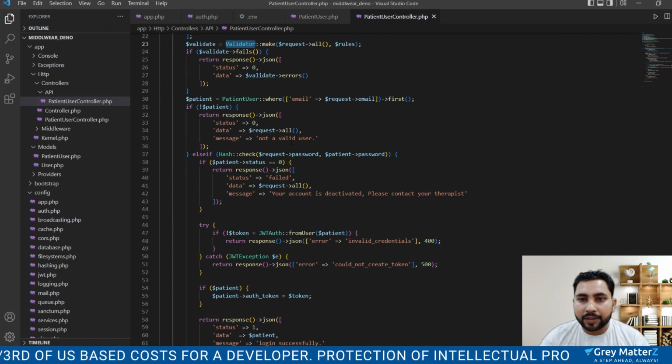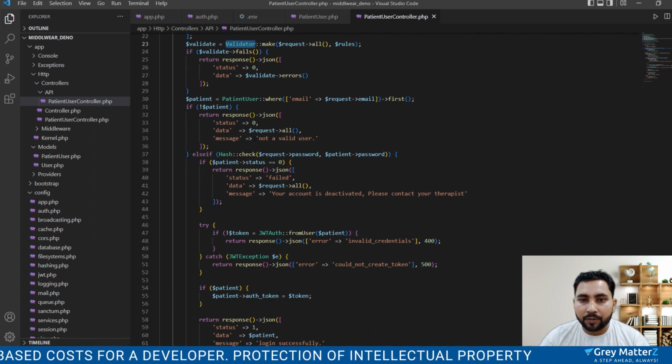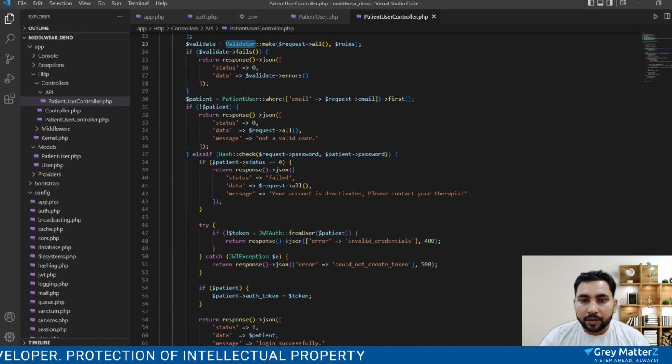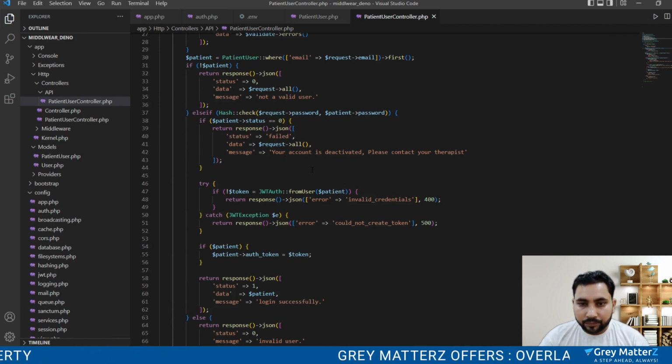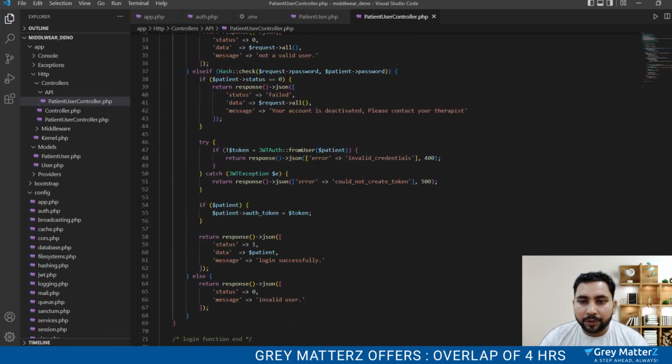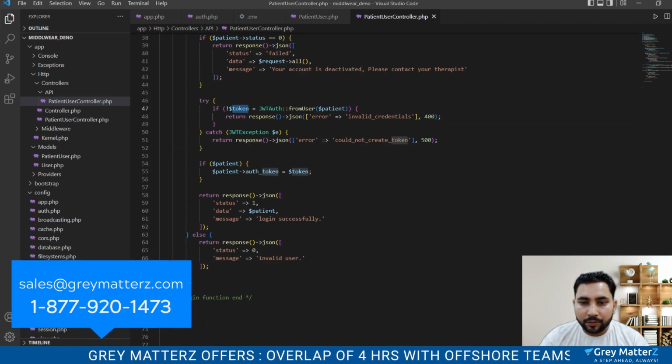If the user email exists, then the user is authenticable. If the user is authenticable, then move this code. Otherwise, it returns a response that it is not a valid user. If the user logs in successfully, then return a JWT token. This token is returned in the HTTP response.